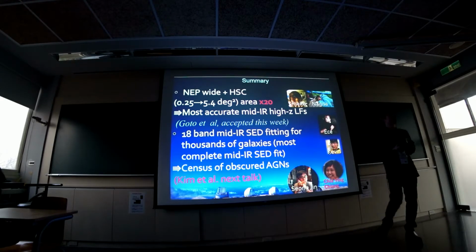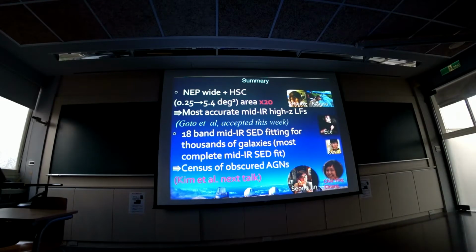Yeah, here. So why did you choose 12 micron for the luminosity function? Is it a special wavelength or just a constraint from the redshift? Not very special, because we have all the filters, so any wavelength we can do. But 12 micron is well studied in the literature, because ISO had a 12 micron filter. So many previous papers use 12 micron. That's the only reason.